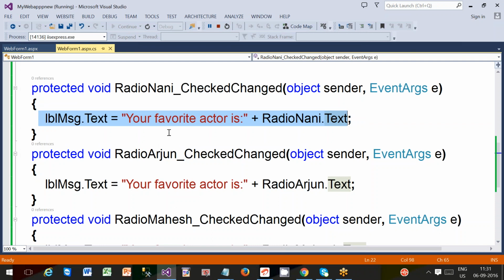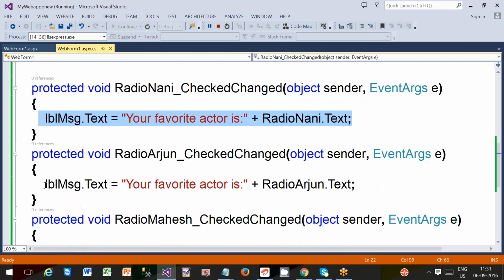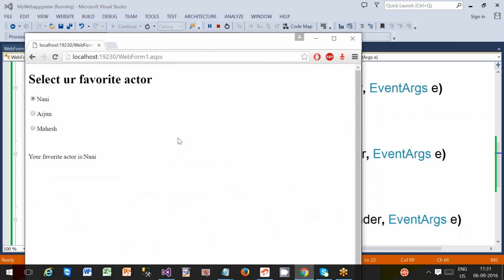My question is, let us assume that today we are displaying only one line of code, but instead of one line you have database communication code of 100 lines or 20 lines, getting a value from the database or something like that. You get the output. Right now the front end code is one line, but if tomorrow the requirement is database communication, we have multi-line code. Now my question is, if user clicked Arjun,